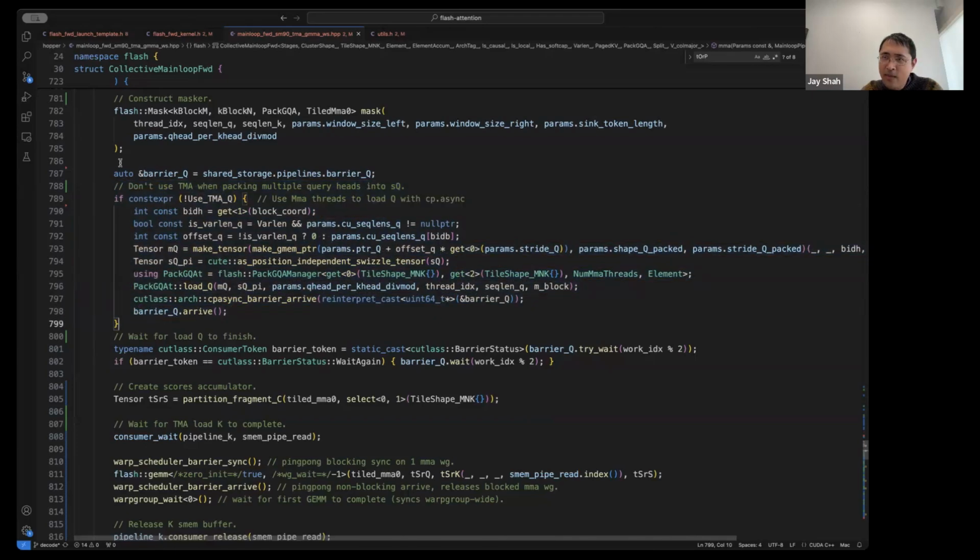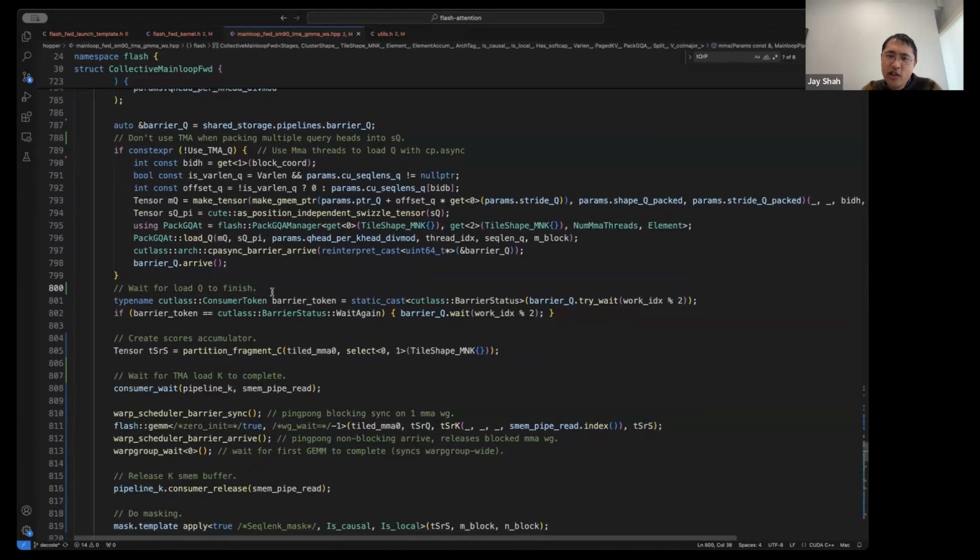It's not so important and I'm not going to explain it, but suffice it to say that when I'm doing this packed GQA idea, I want to load Q using cp.async instead of TMA. And I wait for Q to finish using this try_wait method on the barrier.